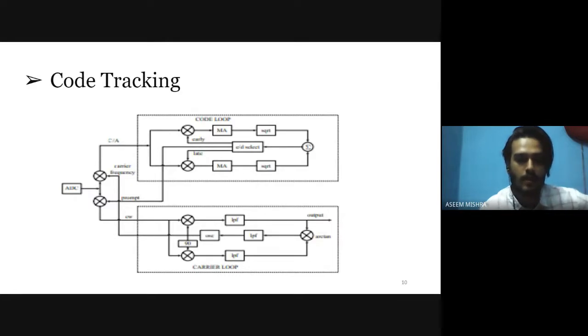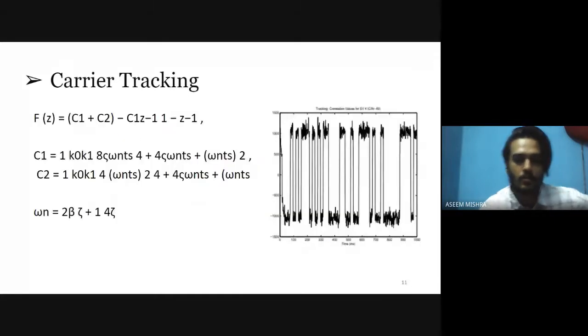A second order loop can track the rate of change of Doppler, and a third order loop can be used to track acceleration for a software GPS receiver. The phase and frequency of the reference signal are adjusted every millisecond or 10 milliseconds. This operation may put the IF of the locally generated signal very close to the IF of the input signal, but may not be exactly equal to it. In this paper, a second order PLL is used as the filter to track the input IF signal. The filter function is shown in this slide.